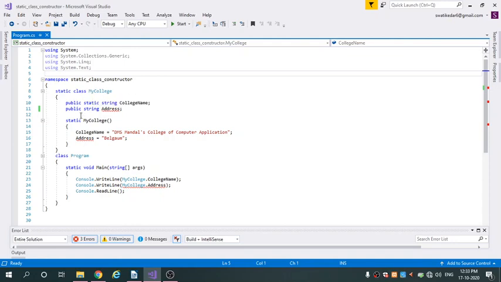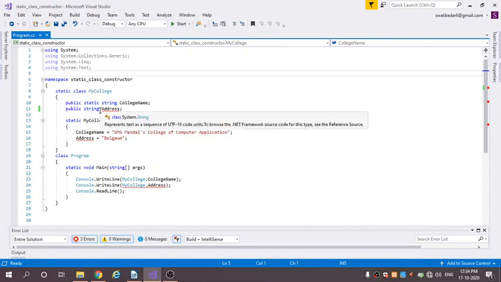Inside the static class MyCollege we have created a static constructor and static fields. Public static string collegeName is one field of type string, and it is static. After that public string address, this is the address field and it is of type string.